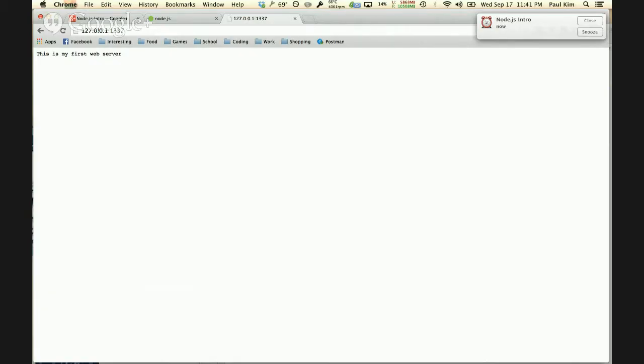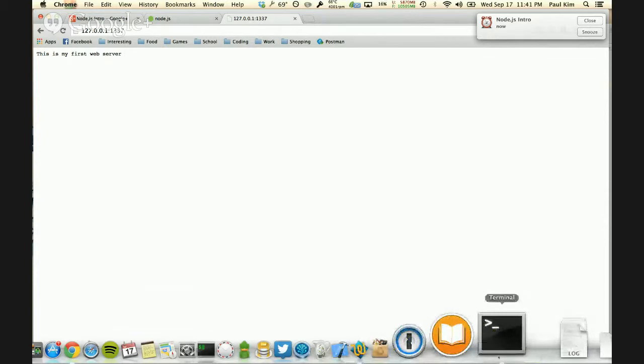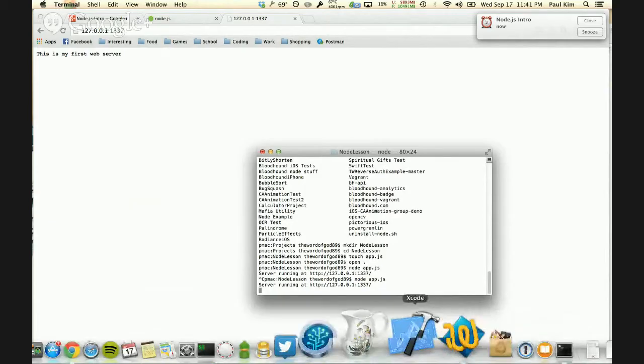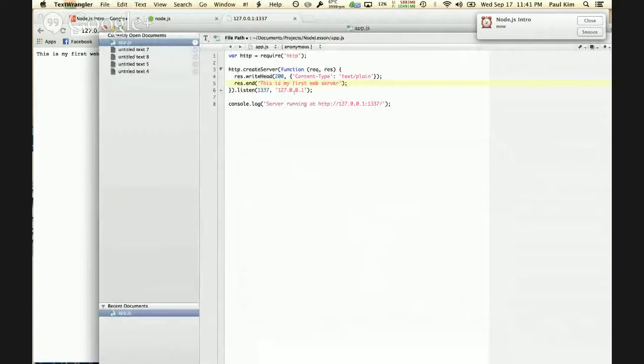So your browser asks your network, hey network, give me anything at the address 127.0.0.1:1337. And it just happens to be locally on your computer, you're running a server at that address. So your browser sends a request, and if you look at your app.js file,